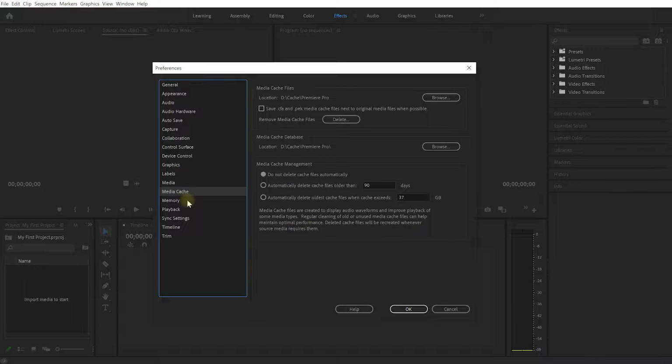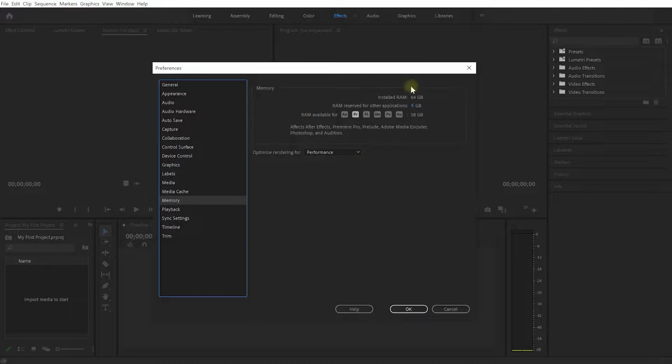Finally, let's quickly jump into the memory preferences, and in here you can define how much memory or how much RAM is accessible to Premiere Pro. Now, I have 64 gigabytes installed on my machine, and that is a slightly ridiculous amount, but I do a lot of visual effects work and a lot of 3D work that does require a lot of RAM. For working with Premiere Pro, I would recommend 16 gigabytes of RAM just so the rest of your system has enough to work with. But 8 gigabytes should be fine as long as you're not working with large 4K files